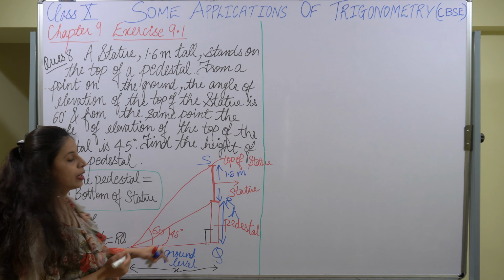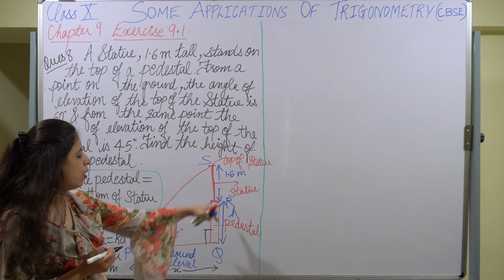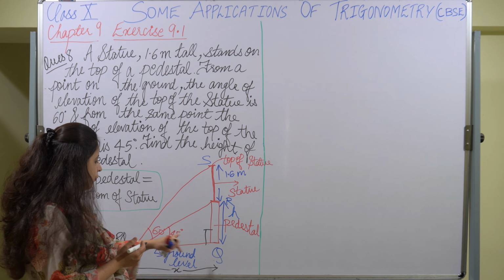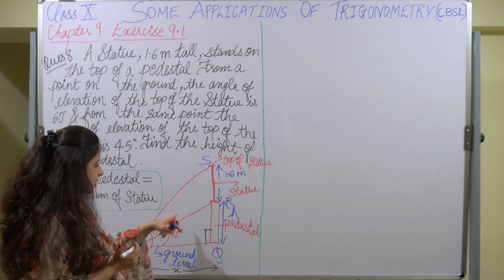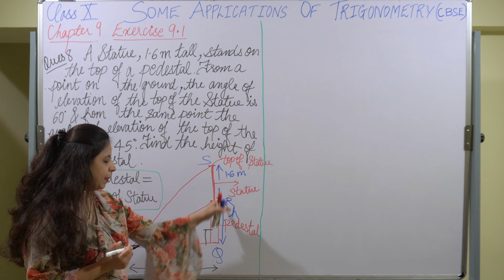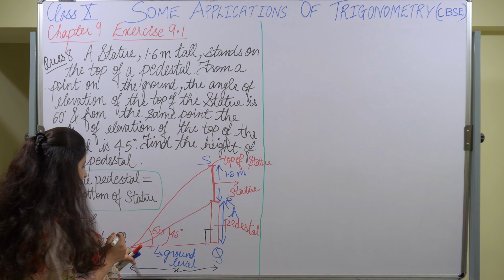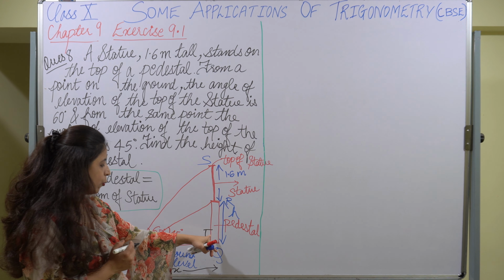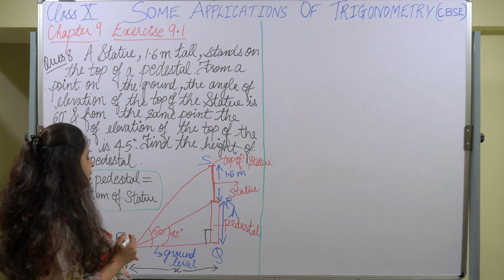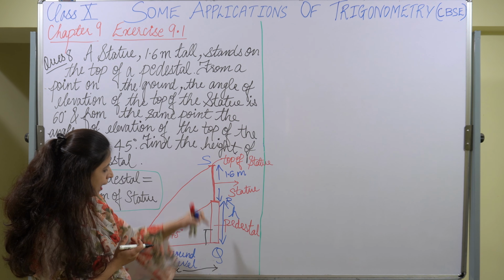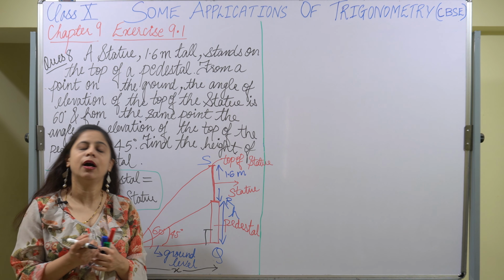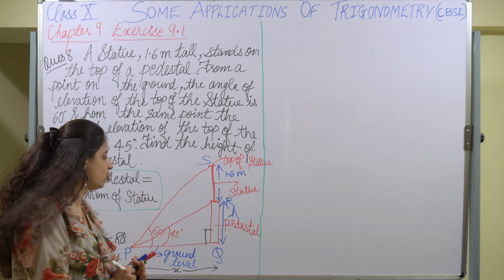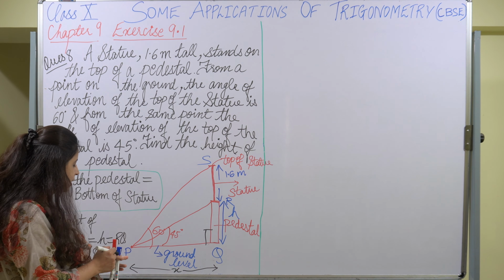Okay, so we'll be taking again the two triangles PQR and PQS. From PQR, the hypotenuse is PR, opposite to 90 degrees. This is the hypotenuse, this is the perpendicular, and this is the base. And in the triangle PQS, the side opposite to 90 degrees is PS, which forms our hypotenuse. Then SQ forms our perpendicular, and PQ forms our base. So let us start the question by taking the triangle PQR.